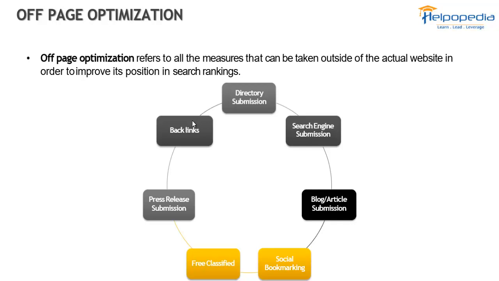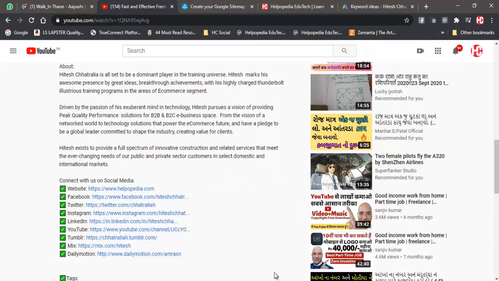And where will we post our content when we talk about posting on all these websites? Say, I can post it on free classifieds like OLX and Quikr, then press release submission, there are various websites, and backlinks, so I need to put my links on all these websites. But these are the things that I can do for off-page SEO, so where will I post my content? For that, what I will do is go to Google.